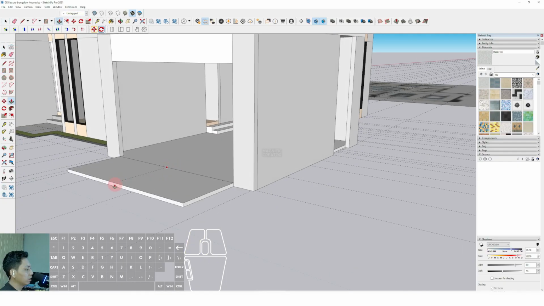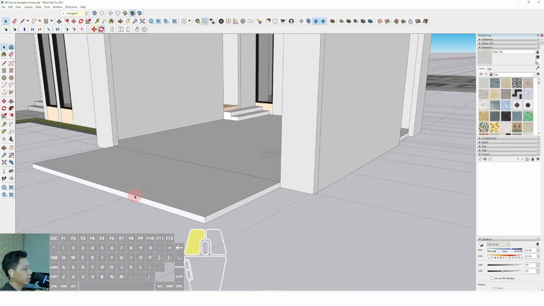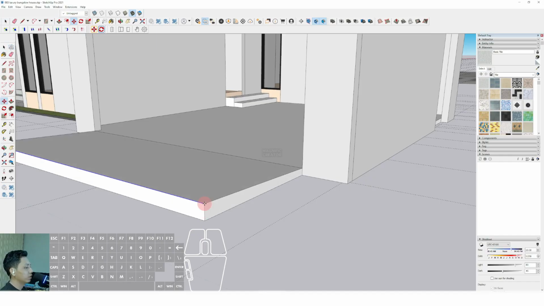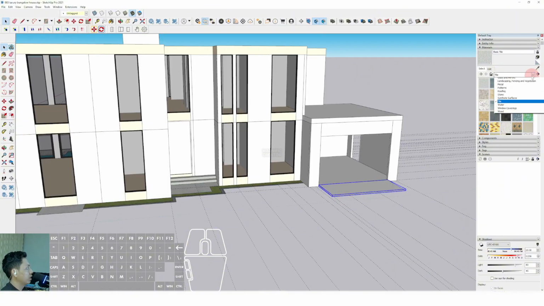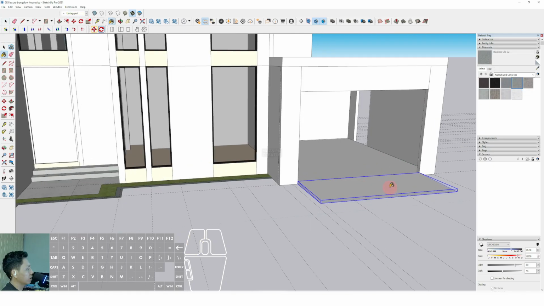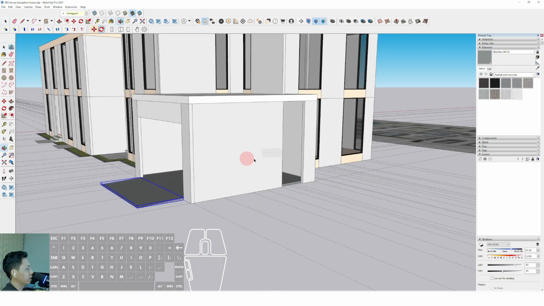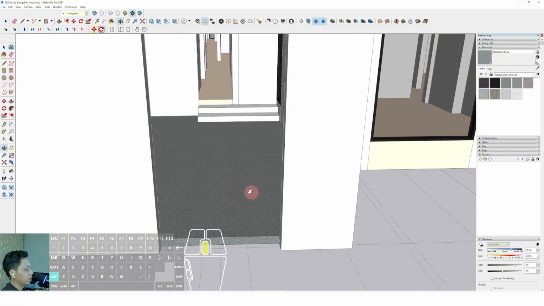We can push it until around 2 meter approximately. Click this one and just move it until the ground. Okay, triple click, make group. Okay, then we can assign the concrete materials in here, just like this. Okay, this is about the garage, and we can complete